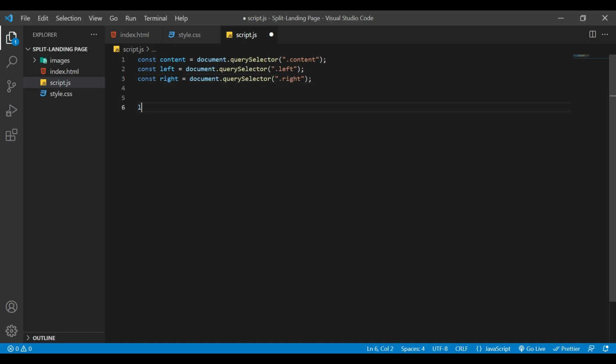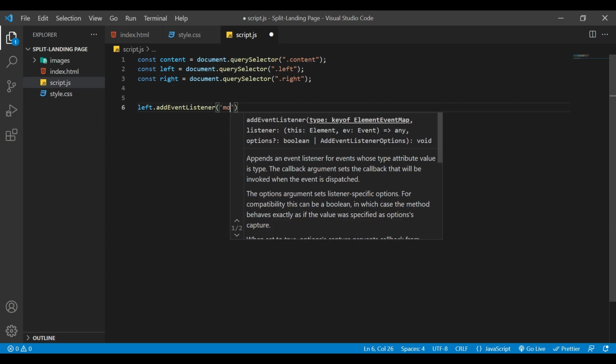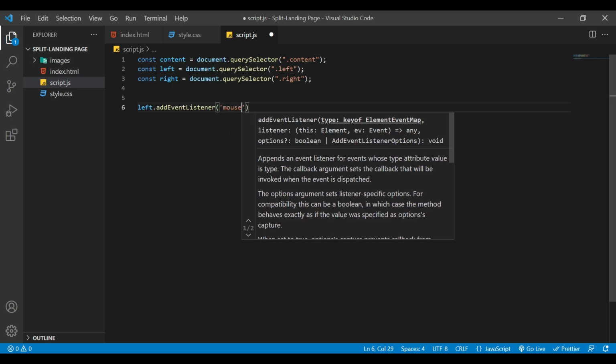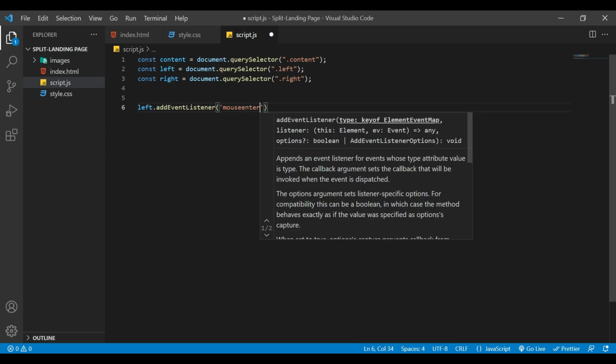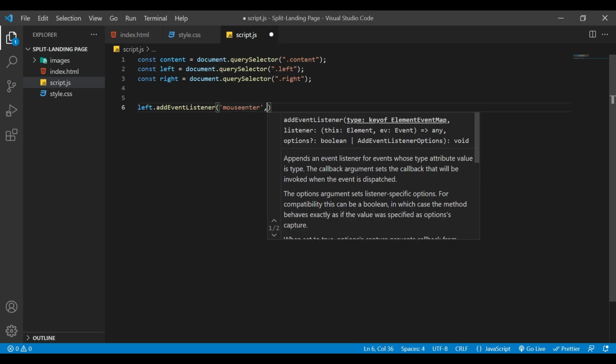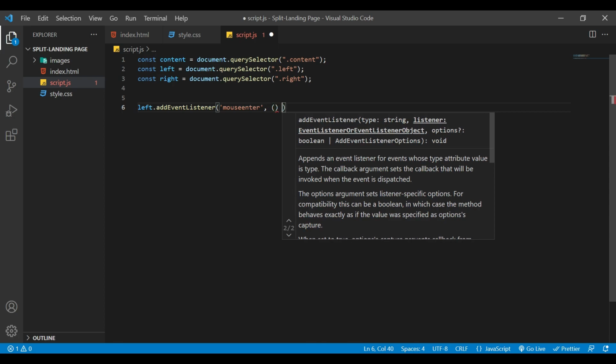So I'll say left dot add event listener, and then I'm going to add a mouse over, or we can say mouse enter, comma,